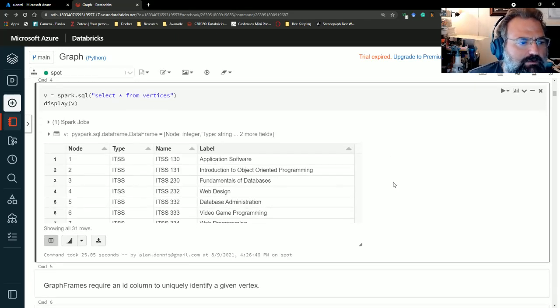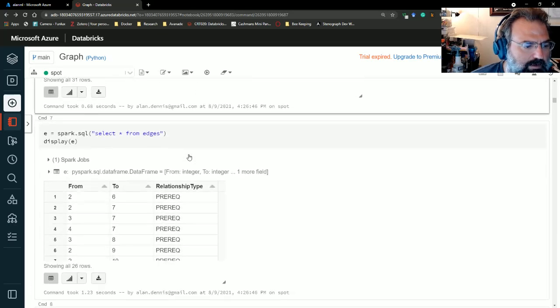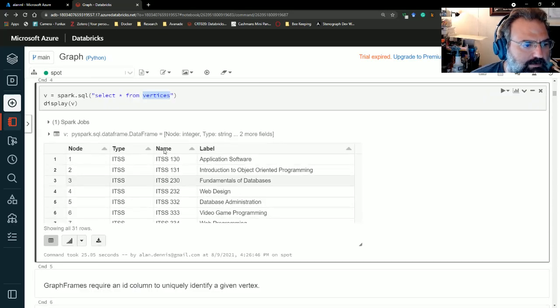So to construct a set of vertices, I have some tables out here that I previously imported data into named Vertices, original name, I know. And there's also going to be one called Edges. So the basic idea is to be able to do a select from it, and we can see the example